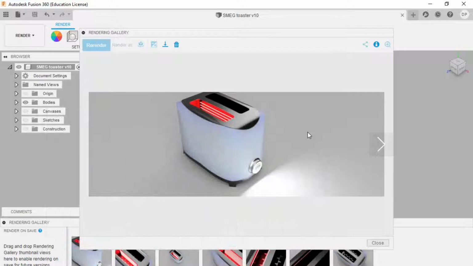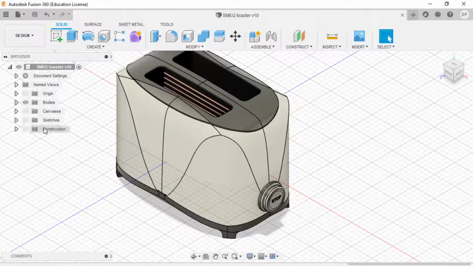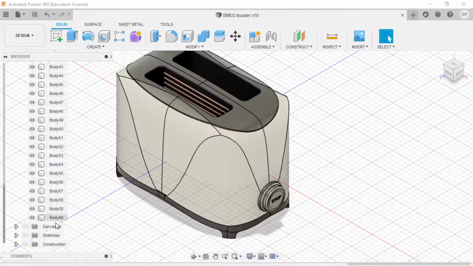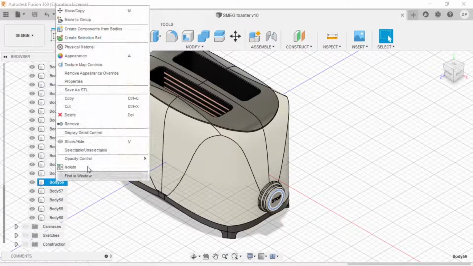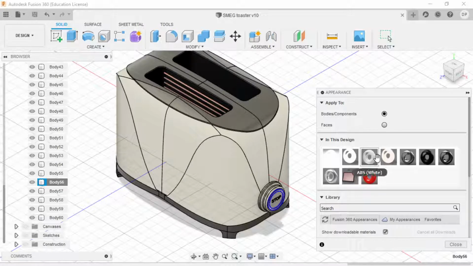All right, so over here we clearly have the light shining, but it's very, very bright. So I'm going to show you how to adjust that to get a more reasonable style of light. If we go to design, when we go to bodies, I believe it's this one over here. Yep, right click, appearance. You see how I have a few more of these? What I've done,